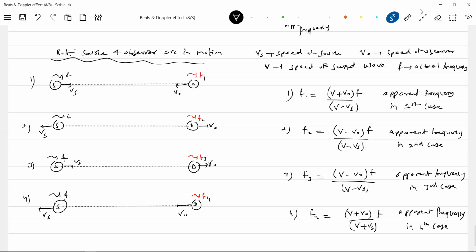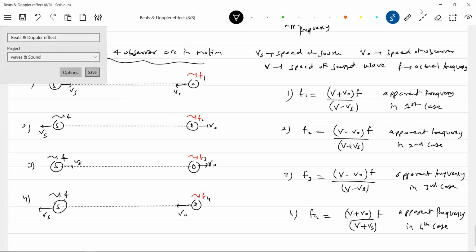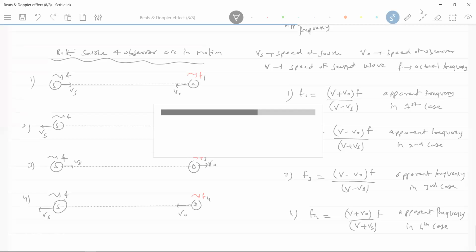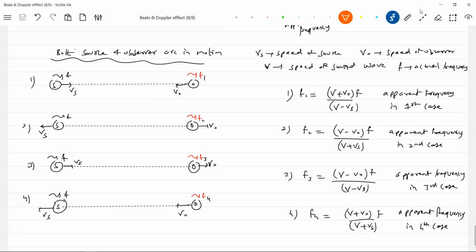Plenty of numericals are available, but there's a basic idea that everything just revolves around this condition. Any doubt? If you have, you can clarify. We can also discuss wavelength. Okay, this now we'll find very difficult. Tomorrow's class, I'll show you how to calculate wavelength. First, you get adjusted to how to get the apparent frequency.